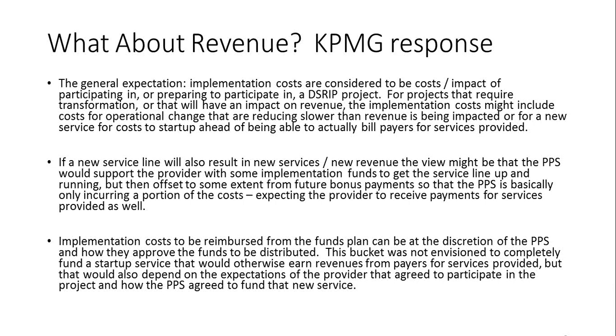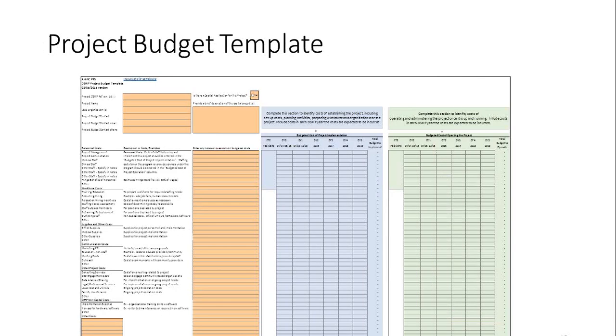The next slide is just the actual budget template which you have. It's actually not the updated one. We did modify it after we got some more information from DOH. Really the two modifications were we added in revenue at the bottom because, again, it wasn't clear in the beginning how we should treat that. And then also we wanted to, related to capital, I'll spend a minute on this.